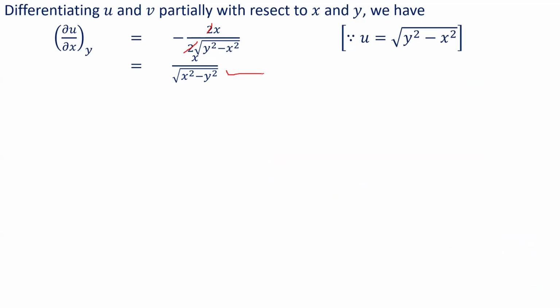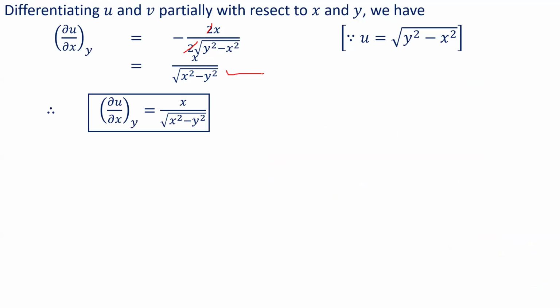Okay. Now in the same manner, what is the partial derivative of u with respect to x when y is treated as constant, which is equal to x upon root over x square minus y square. Similarly,